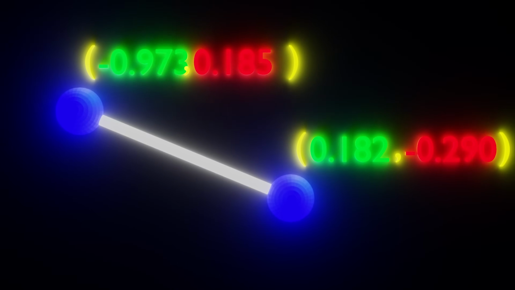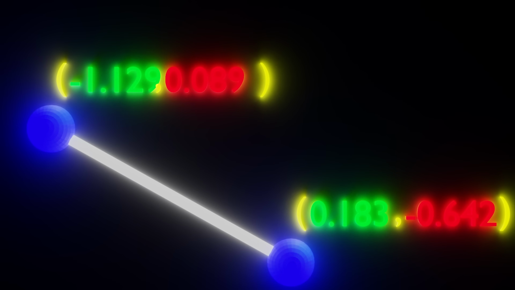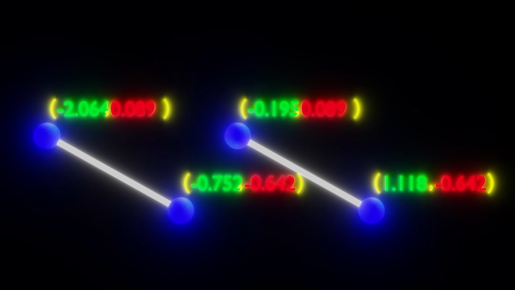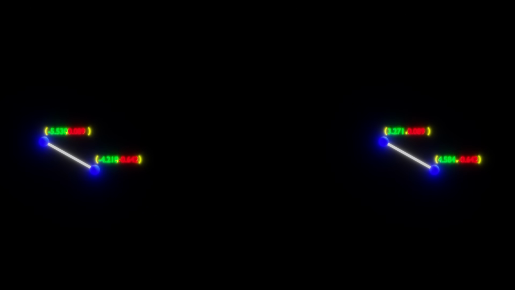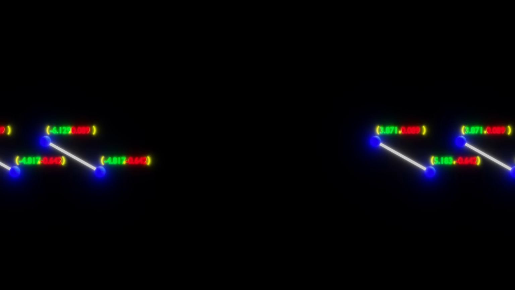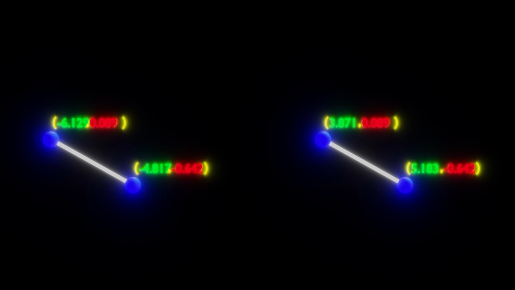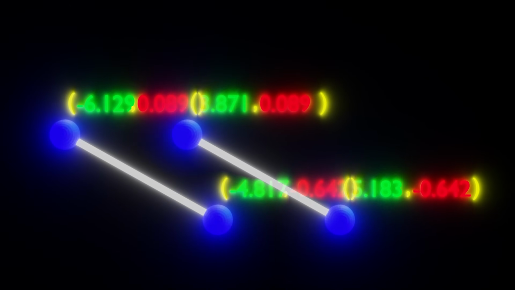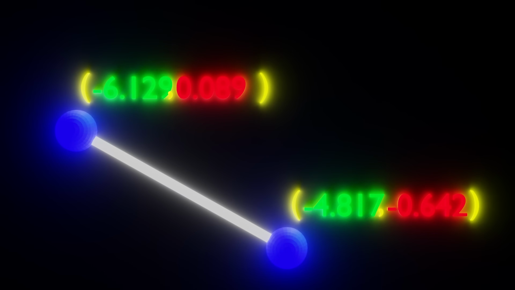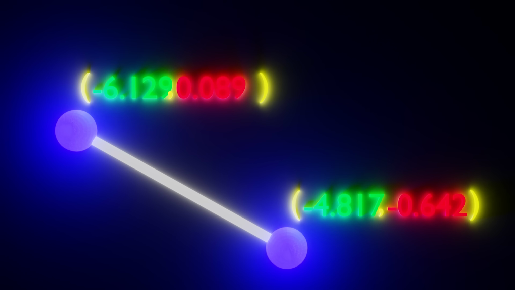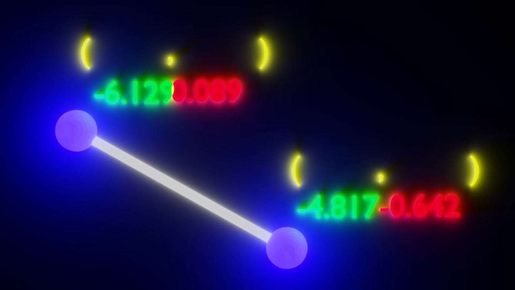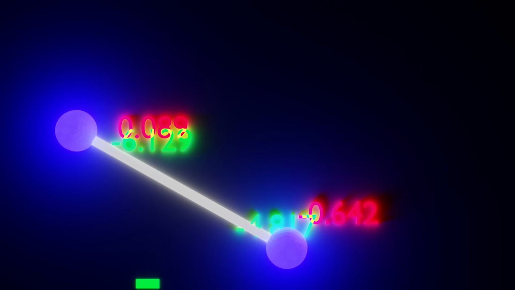Now, 4 numbers is a bit much, so we can reduce them down to 2. Because if you think about it, moving both points 5 units to the right would result in the same slope as moving both of them 5 units to the left, which means that we don't really care about their actual positions, only about their relative positions. Or in other words, we only care about how far away this point is from this point. So if we take their coordinates and just subtract them, we get this.